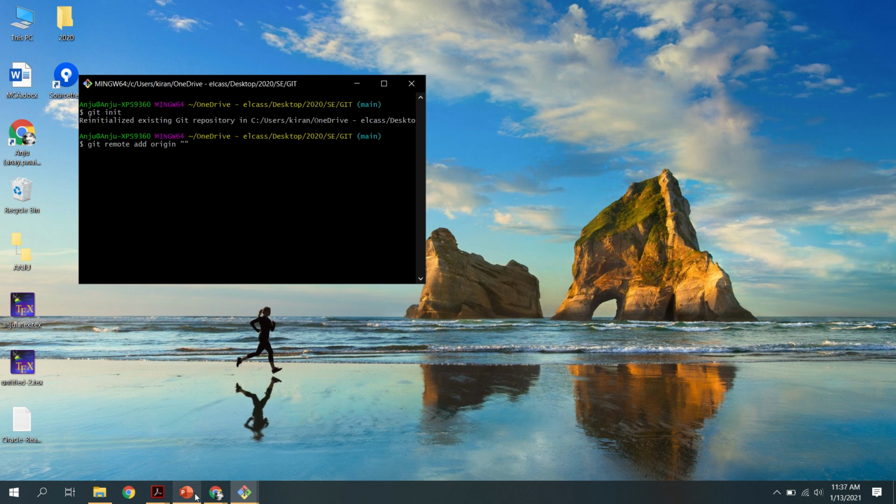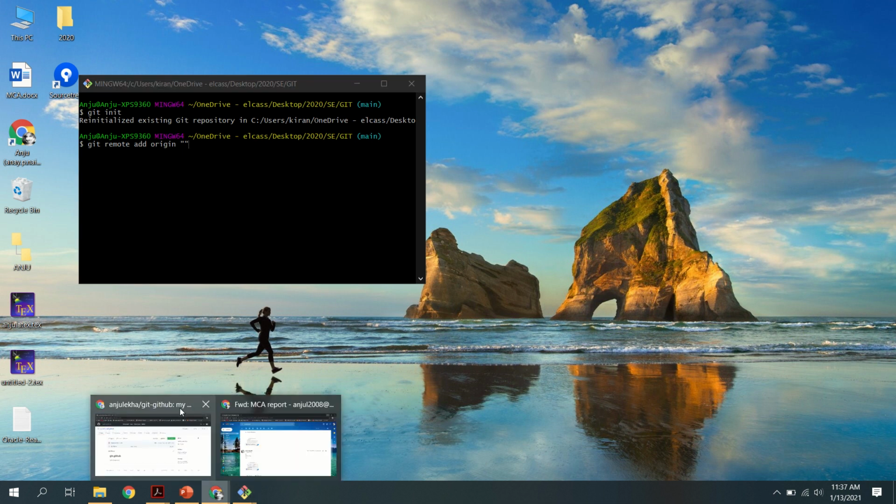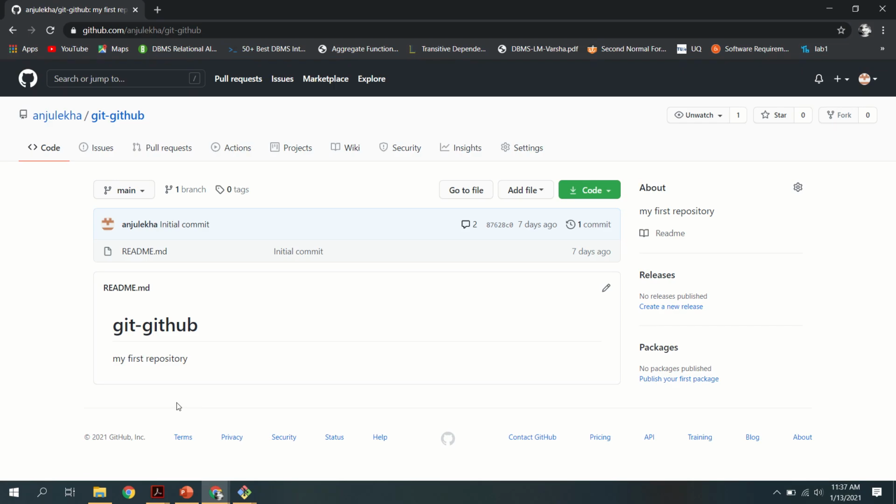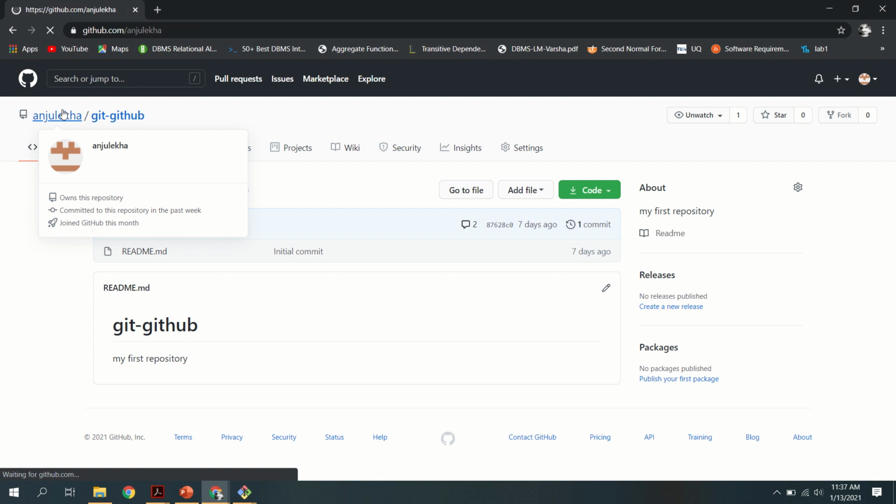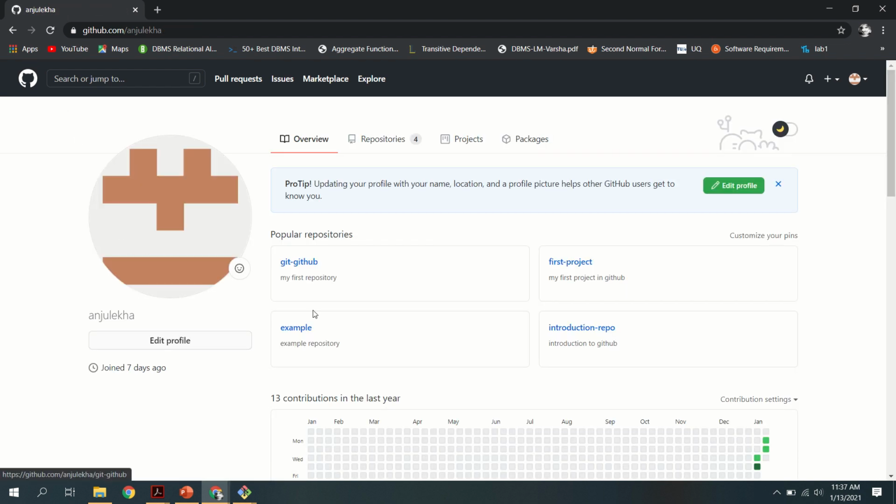Now we can see how we can take the link. First you go to github.com and enter into your GitHub. This is my GitHub, and this is a repository inside my GitHub.